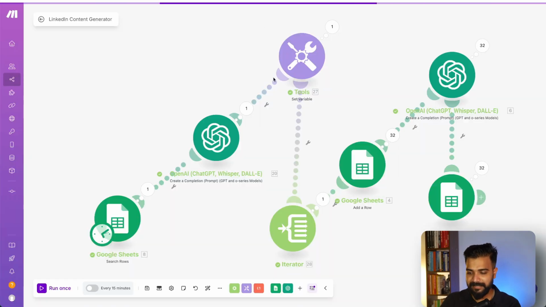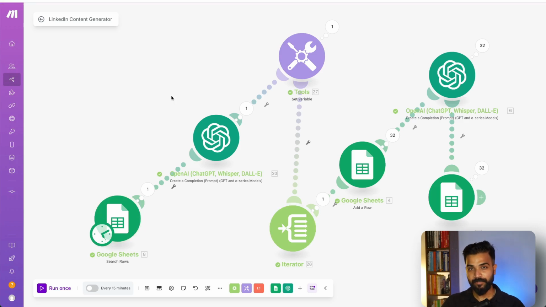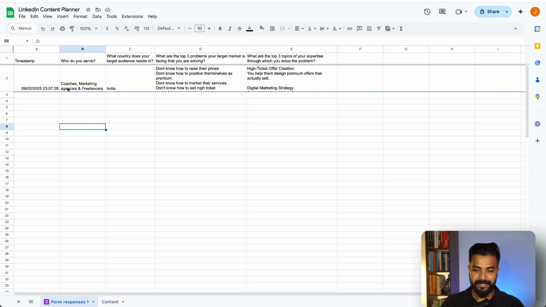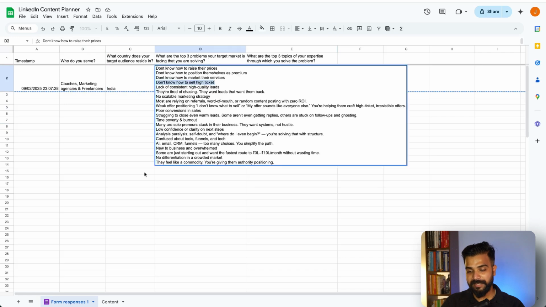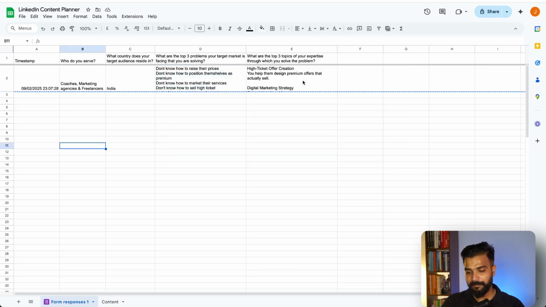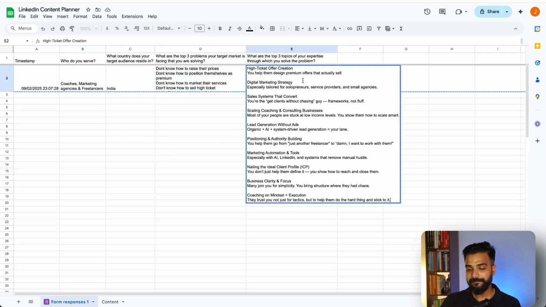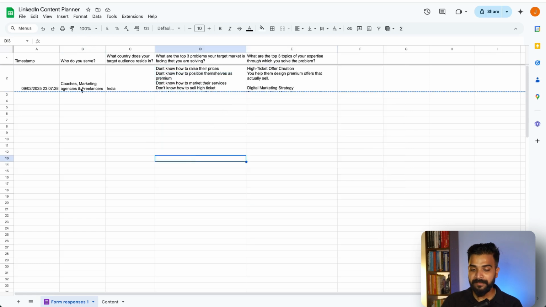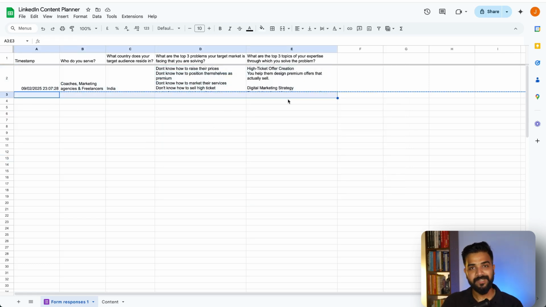So this is the entire make.com workflow. Let me explain what happens in this automation. In this Google Sheet, I have added some of my data. Who do I serve? Coaches, marketing agencies, freelancers. Which country do they belong to? What are the top problems they are facing? I have listed down all the problems. What are the top topics of my expertise that actually help them? Now, the way I have designed it, I can put any client's details here and it can throw